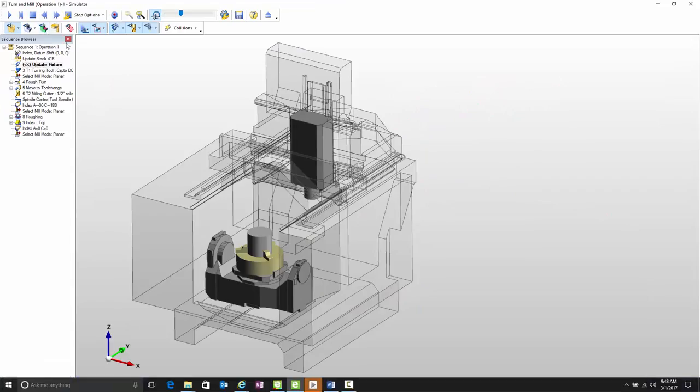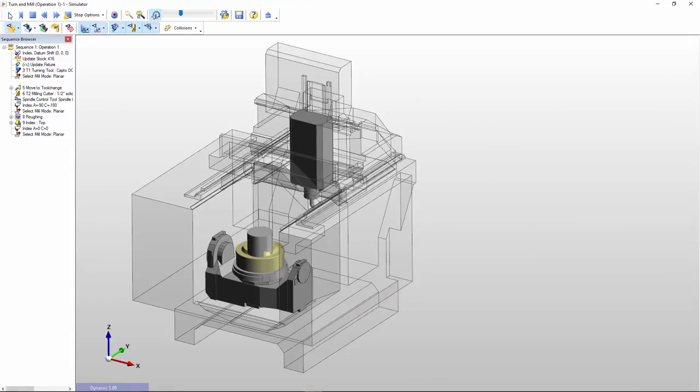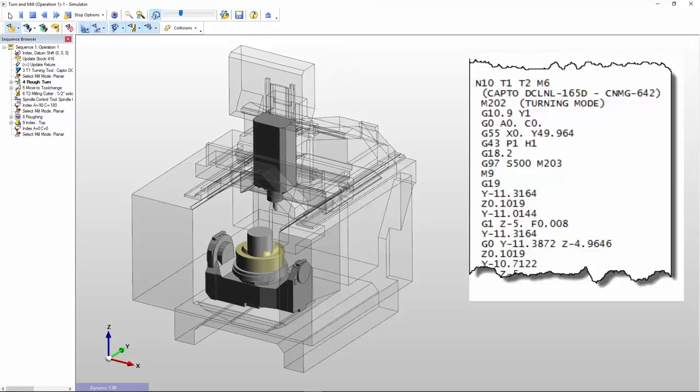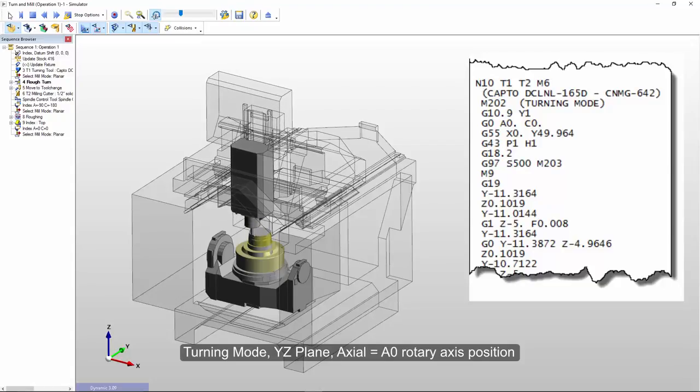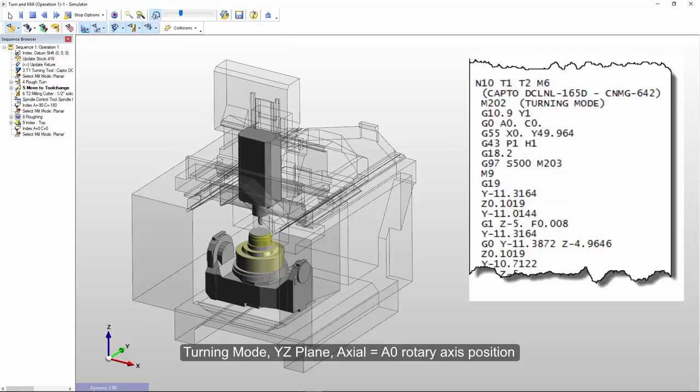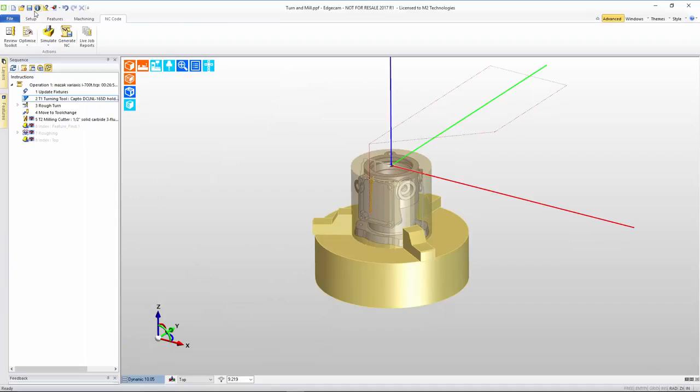Let's go to Simulation and see the predictions for the machining. Notice that the rotary table is turning at high speed, but now the turning work is done along the YZ plane, and we can see the CNC code contains all the commands necessary for that to happen. Switching back to the CAM program,